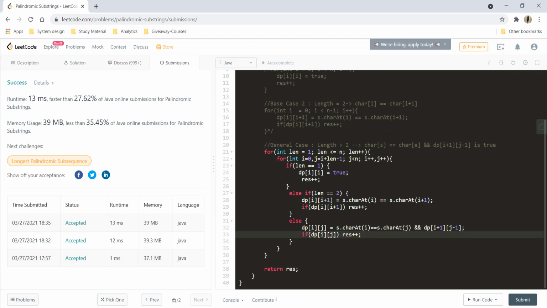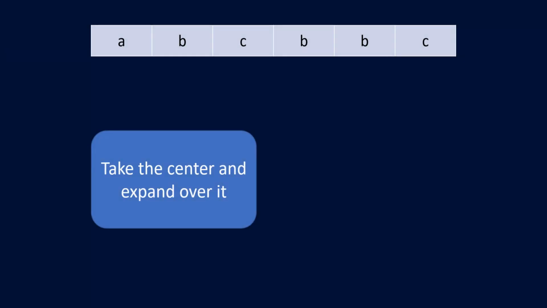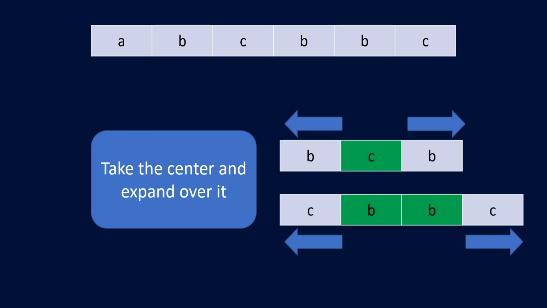Now let's go ahead and see how we can improve this further. So instead of using the space, can we reduce the space complexity to O of 1? Let's see that approach over here. So for that we'll take the center and expand to both sides from that center. Now what is going to be our center? If you take this particular example, your center would be C, and you will expand in these directions and check whether these characters are equal or not, and then accordingly add to its count.